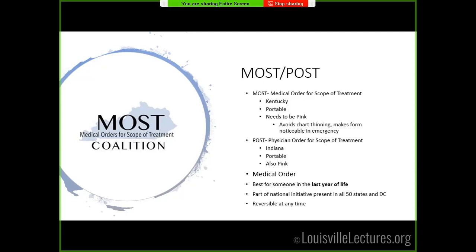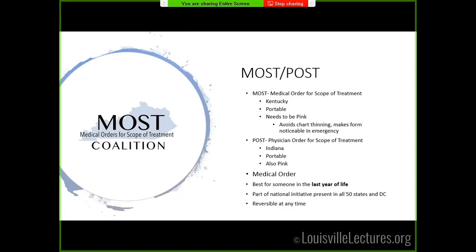So this can certainly be a very important issue if we have a patient who's maybe had a change of code status while they're here in the hospital, and we want to make sure that travels with them to the nursing home or other institution where they may be going, where their needs may not be as clear. So that can be really important, again, just to make sure that we have that documented. It's nice and bright pink. It has to be on pink paper to be an official MOST or POST form.